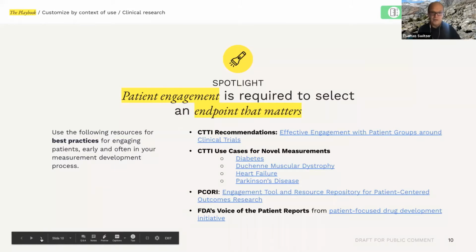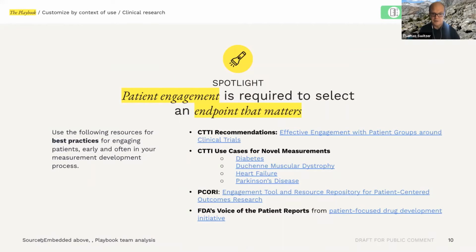We can move along again. Here's some reference to some other tools, as I mentioned, the CTTI work, which we worked on previously, but also the Corey and the voice of the patient reports from the initiative. I know there were a number of indications when they went through these interviews a few years ago. And I think there's also